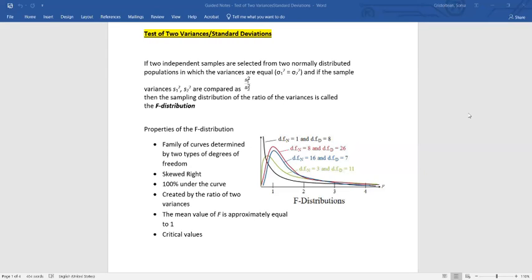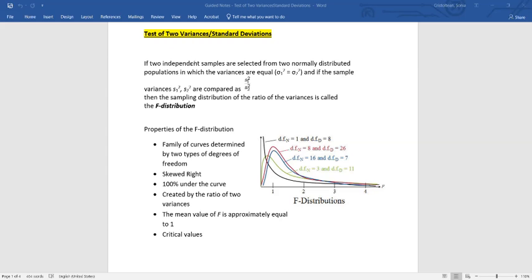Hello everyone. In this video, we will be talking about test of two variances or standard deviations. We did test of one variance and one standard deviation in another video, and at that time we introduced another distribution, which was the chi-square distribution. When we test two variances or two standard deviations, we need to introduce another distribution, which is called the F